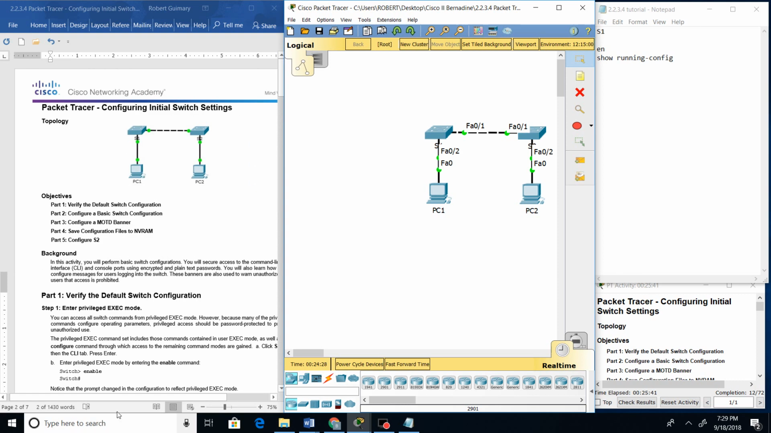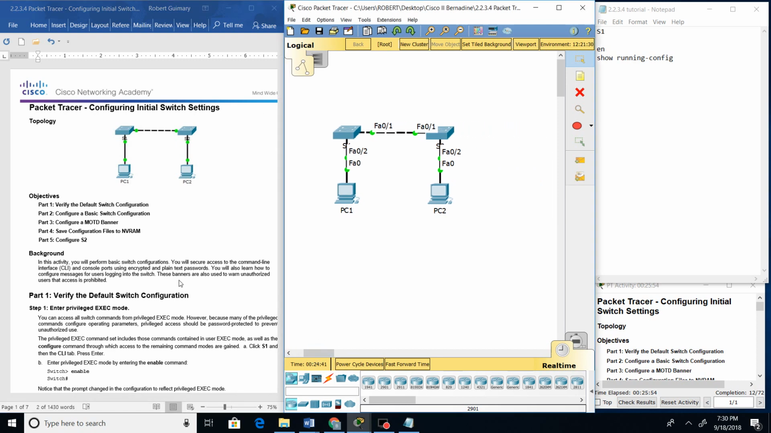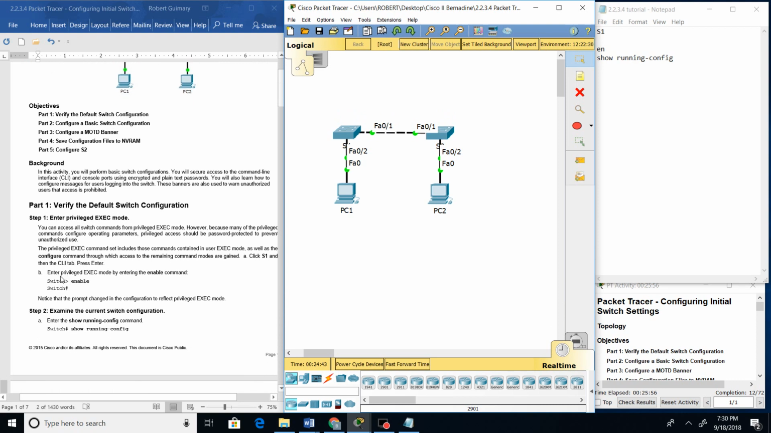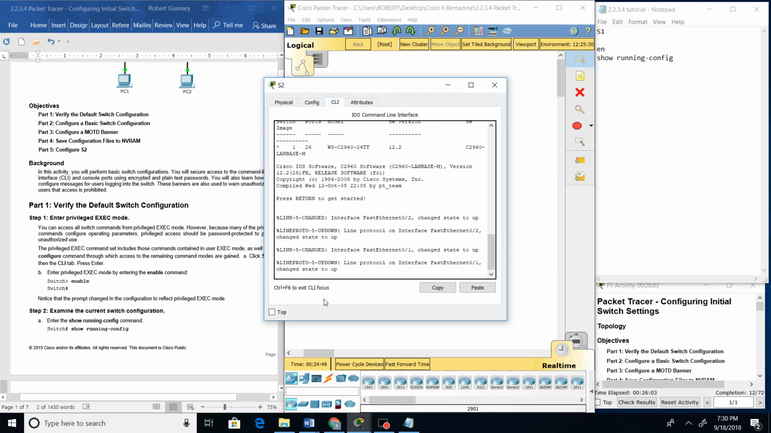So this is a tutorial on configuring initial switch settings, which is Unit 2.2.3.4 for Packet Tracer. The first step is to enter privileged exec mode, and I'm just going to use Switch 2 as an example,